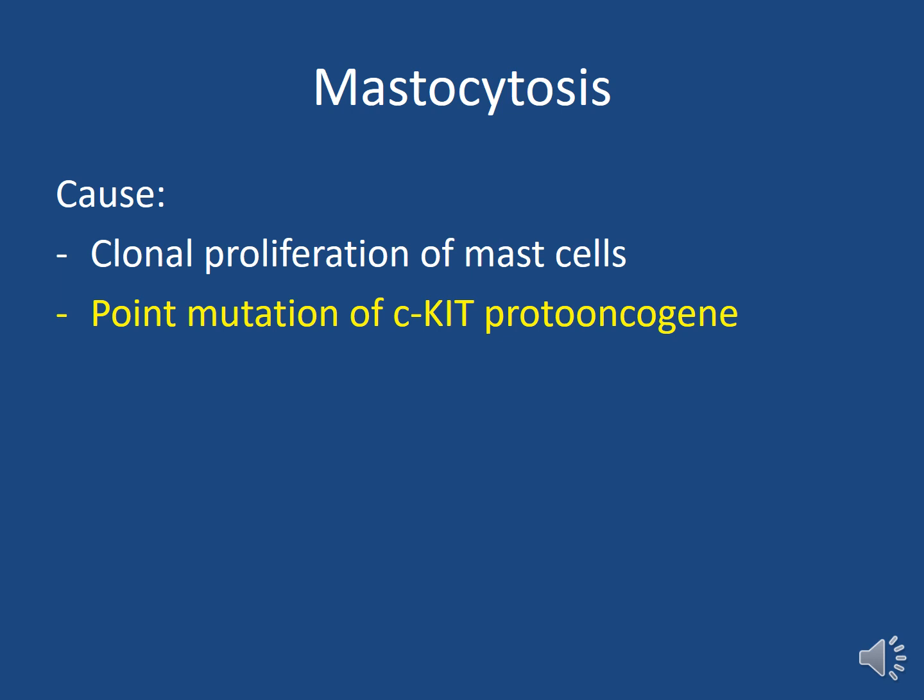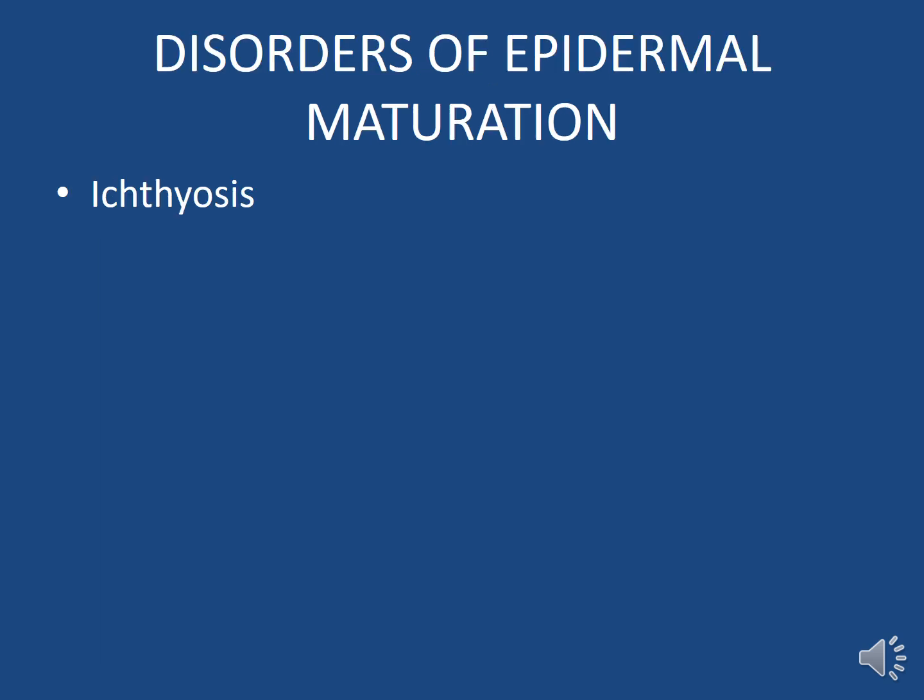Again, this condition results from the neoplasm of the mast cell, secondary to a mutation of this gene, c-KIT proto-oncogene. Now, for our next group of disorders,